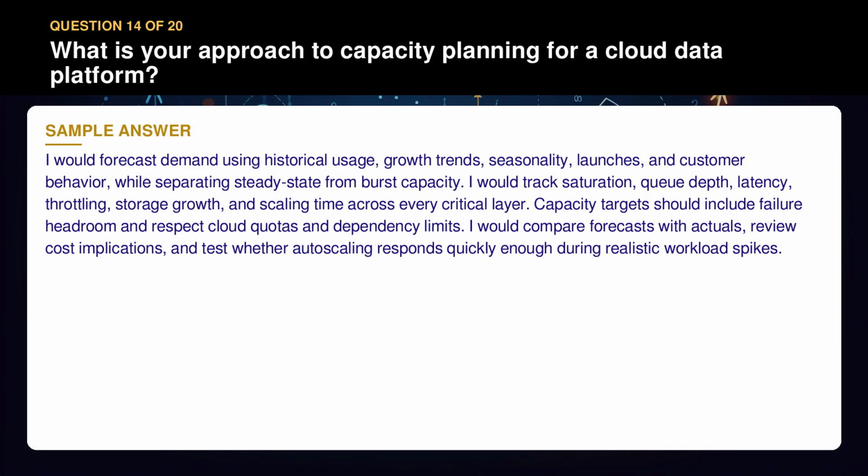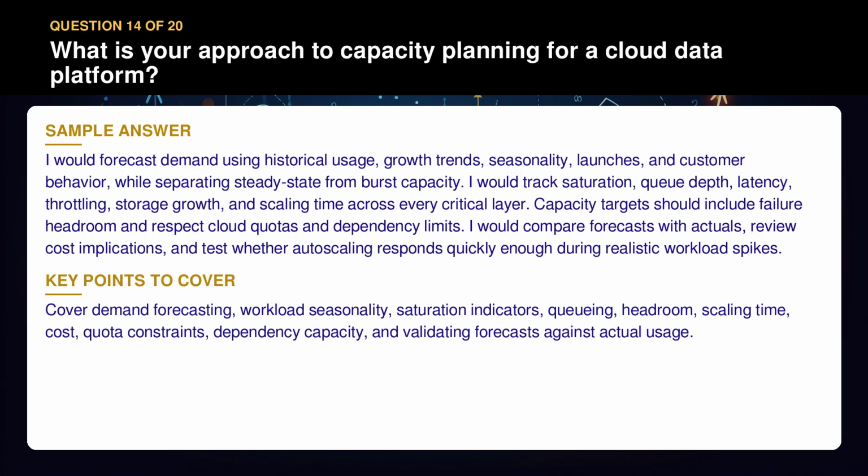Capacity targets should include failure headroom and respect cloud quotas and dependency limits. I would compare forecasts with actuals, review cost implications, and test whether autoscaling responds quickly enough during realistic workload spikes. Cover demand forecasting, workload seasonality, saturation indicators, queuing, headroom, scaling time, cost, quota constraints, dependency capacity, and validating forecasts against